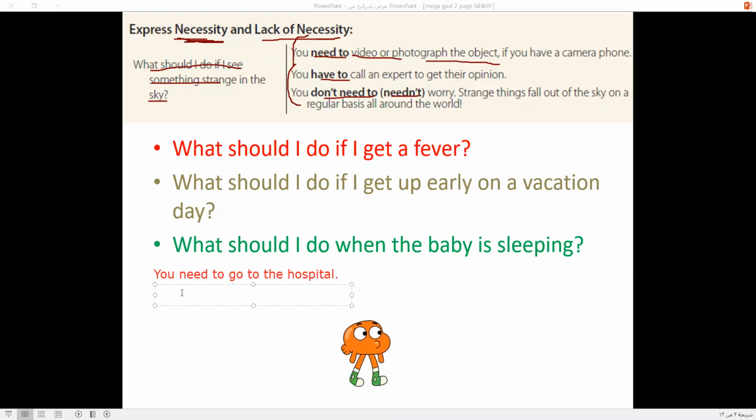I don't need to give him a medicine without the doctor. This is advice, but in meaning we cannot use it, because it's necessity and lack of necessity. It's as if you're telling him it's not necessary to take medicine without a prescription. So say something else. You don't need to, for example